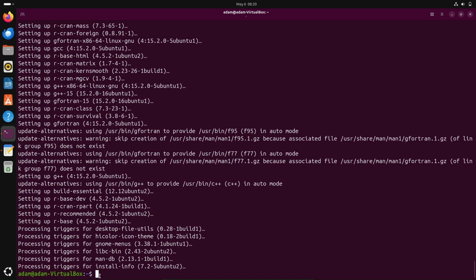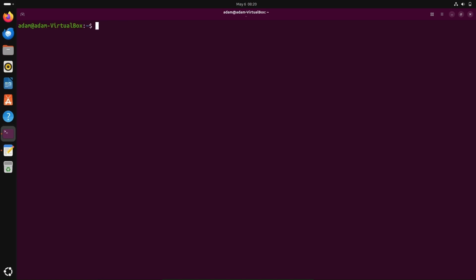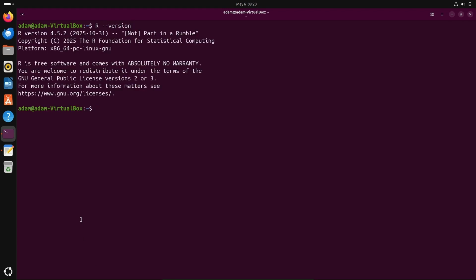So, is R successfully installed? Let's use the command. If I write r --version, you can see 4.5.2 is installed. And if I write r,